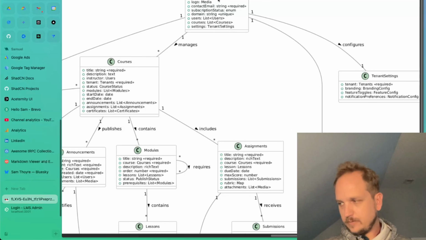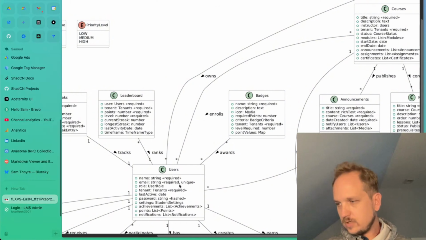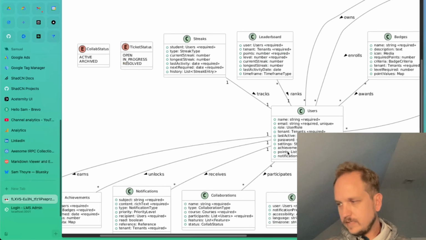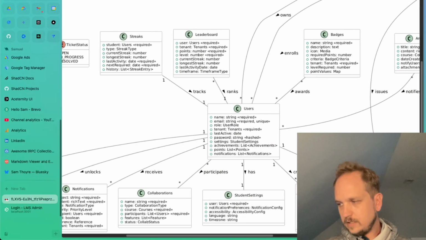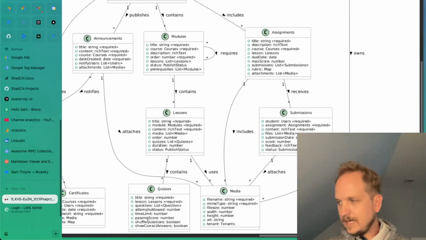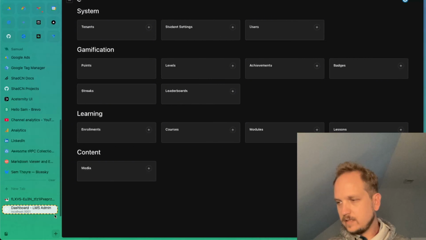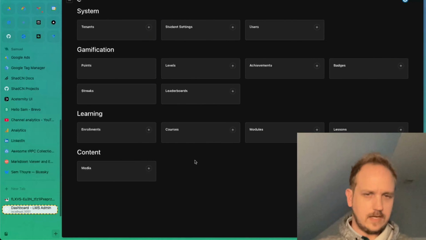At the top here, we have tenants, and we have courses underneath that, and we have users over here. And we have all these different things that relate to users and courses and how the courses relate to the users and everything. All of that is in our admin dashboard, which we really haven't done any customization yet to,